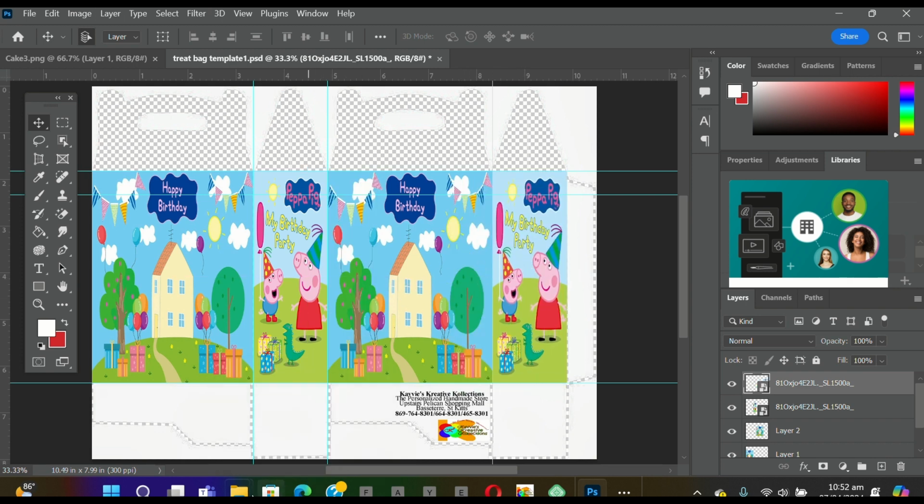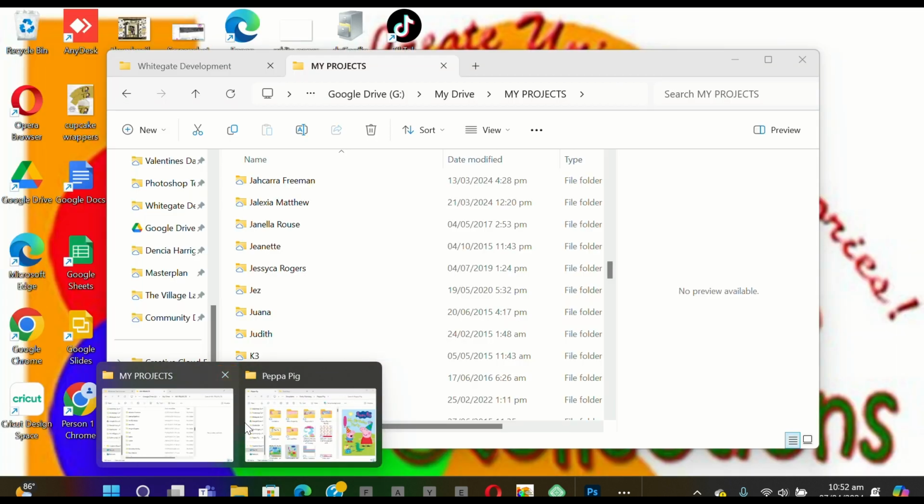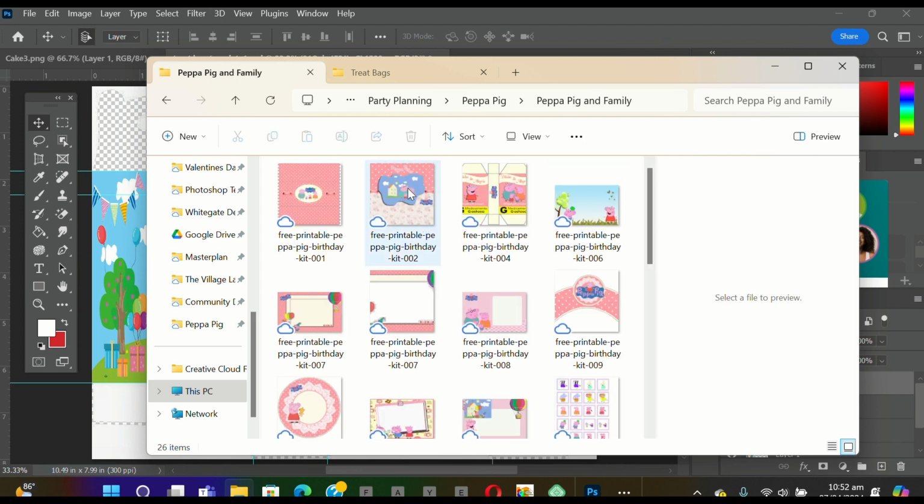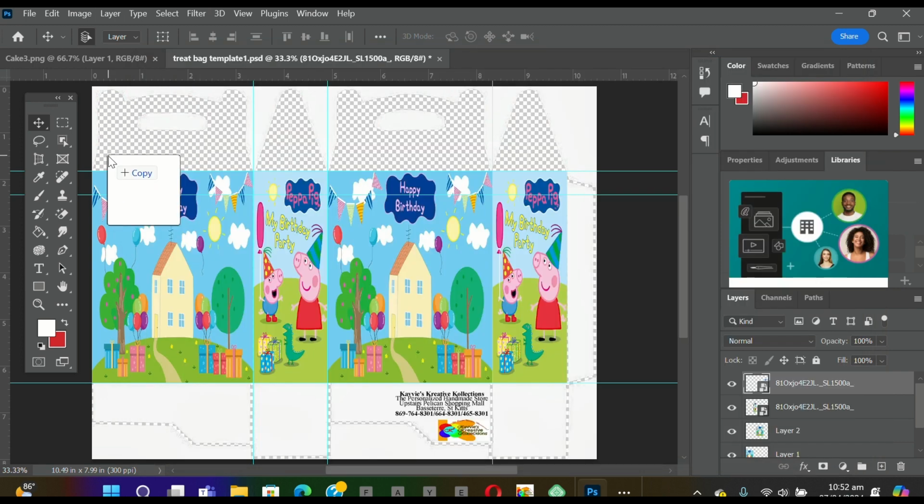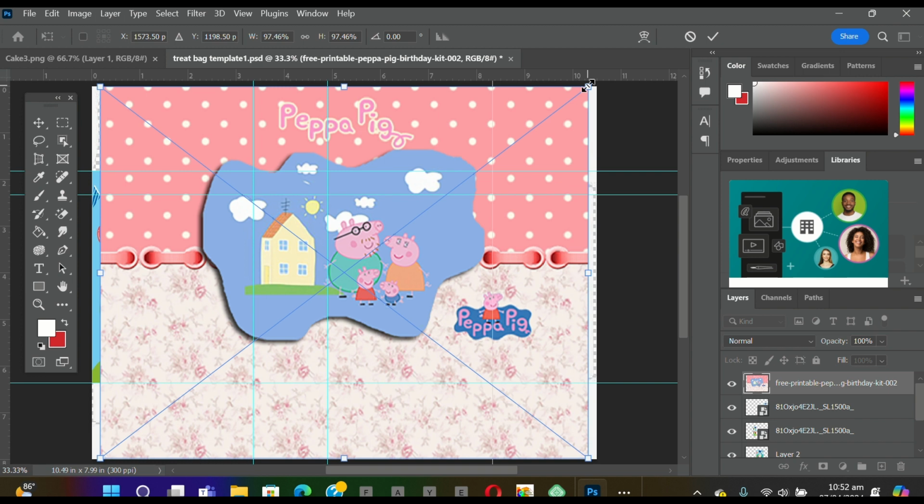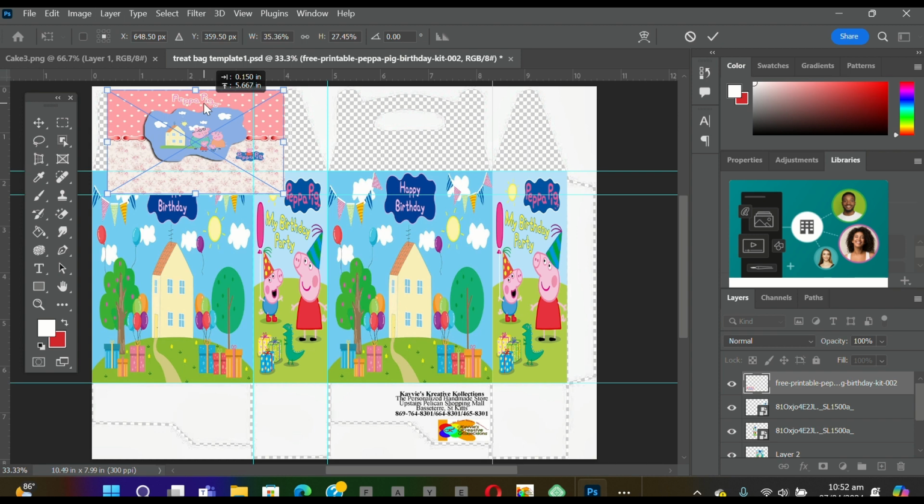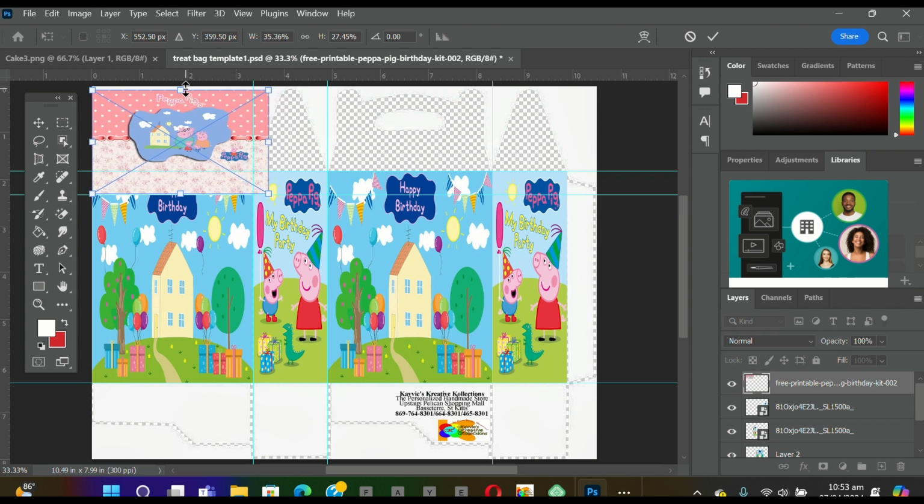Okay, so now once more we want to do the top. We want to do the top of the treat box, so we have to find the graphic that we can use. So let's see which folder we can use. Let's see. Okay, perfect. Let's use this one. So we drag this onto the canvas and resize it. So we just pull in the sides, put it to the top, and adjust these sides, the corners, to the size that we want,